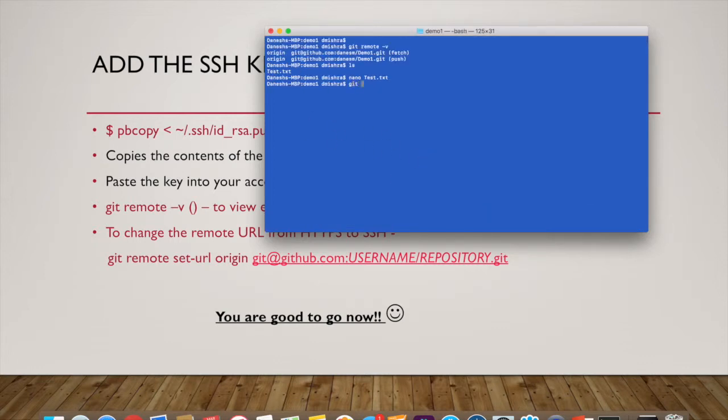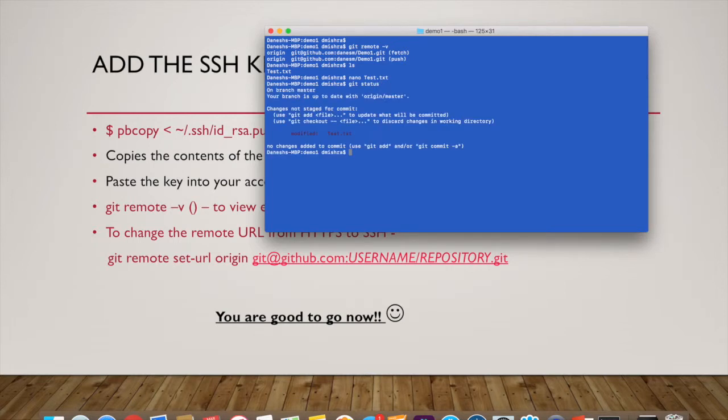And then if I do git status, I can see the changes there. Then I do git add, and then I do git commit -m added change 4,